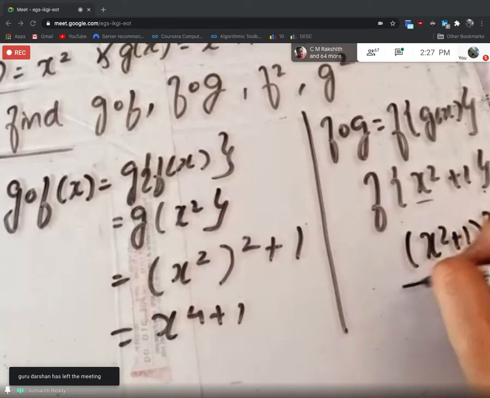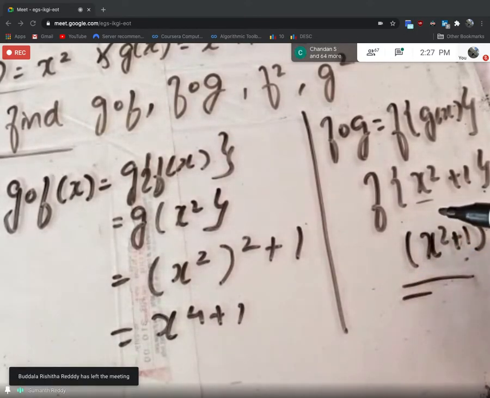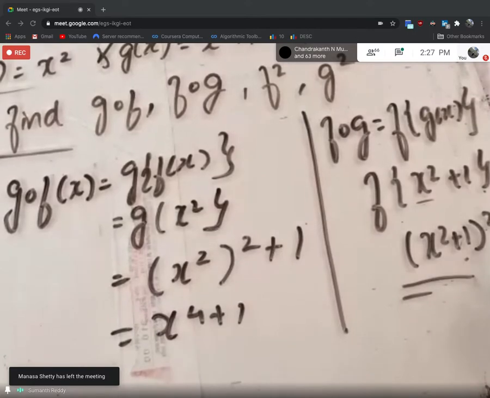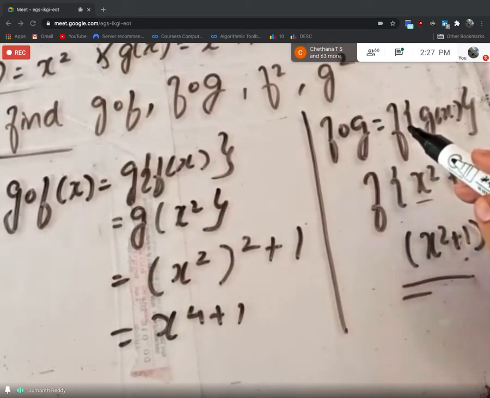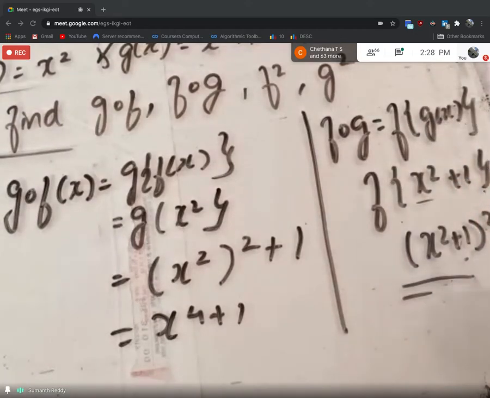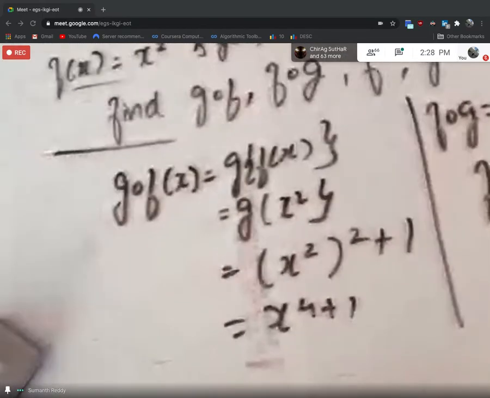Some students will try to elaborate this based on the definition for a plus b whole square, that is a square plus b square plus 2ab. Yes, you can do that, but it's not required. Hardly there will be, I think, 1 or 1.5 marks for each of these questions. So if you just keep this answer, that is more than sufficient. So no need to elaborate it. Fine. Okay. Next,